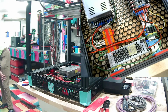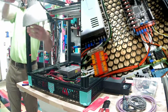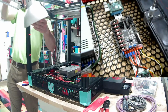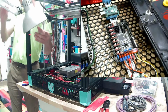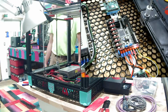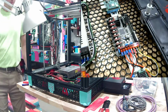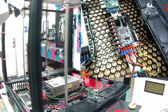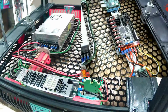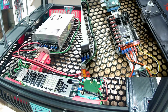Alright, well, let's see. Let me see if I can reposition this camera now so that we can see the... ouch. Oh, the weight of the lamp is too much. Maybe you can come over here with this little wide angle. How about that? A little better? Kind of, sort of. Oh, jeez. Blocked by the...